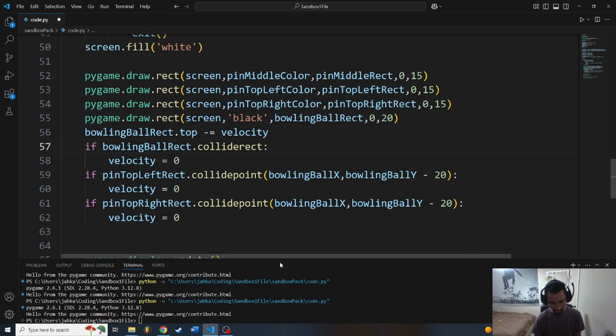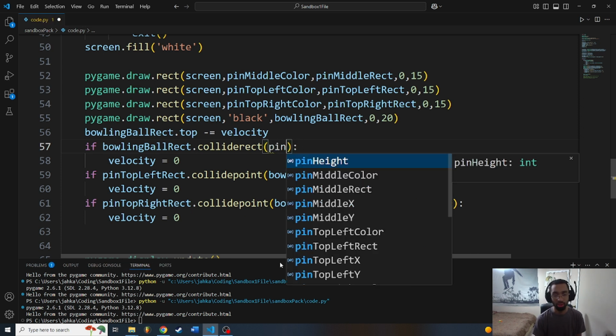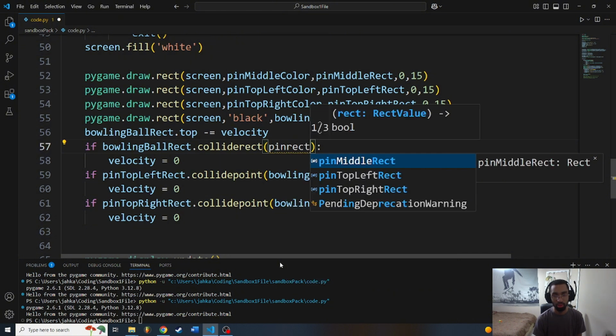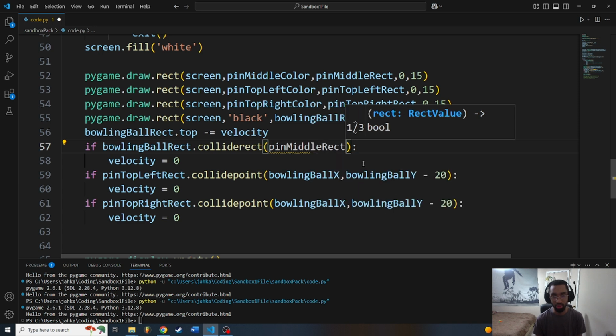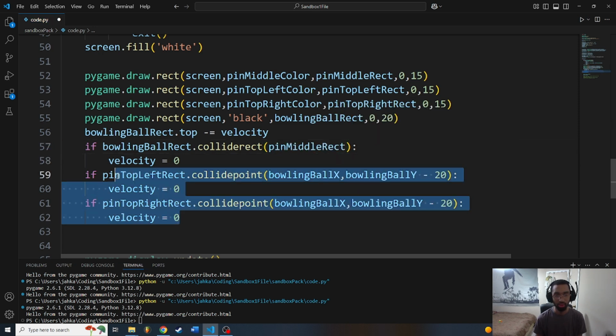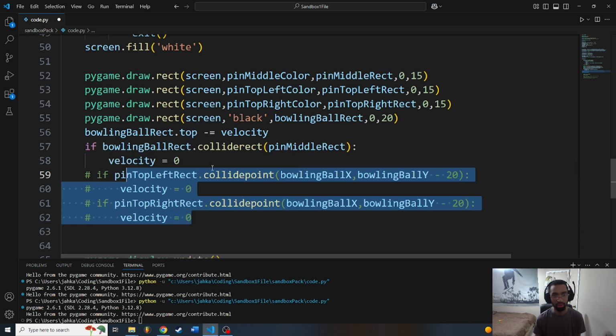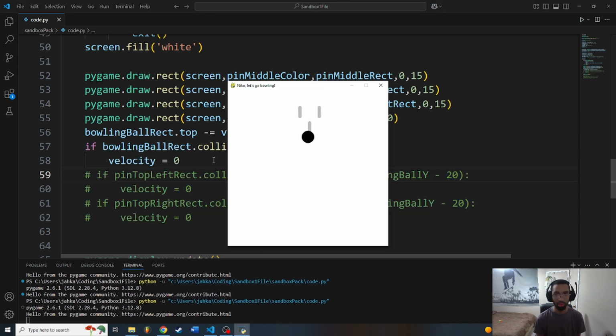If the ball collides with that pin, then set the velocity to 0. See if that works. Look at that. Okay, so if it collides,